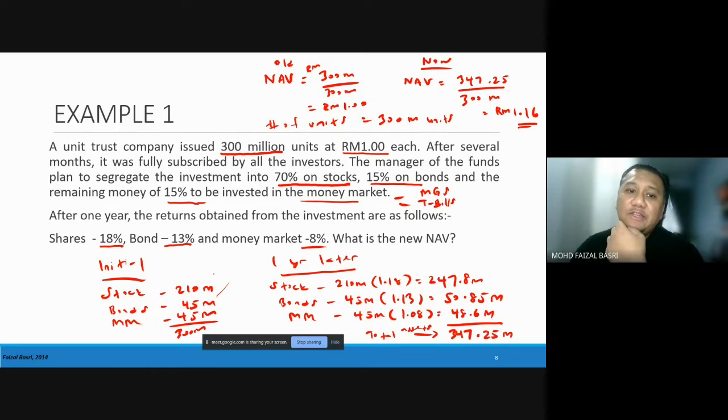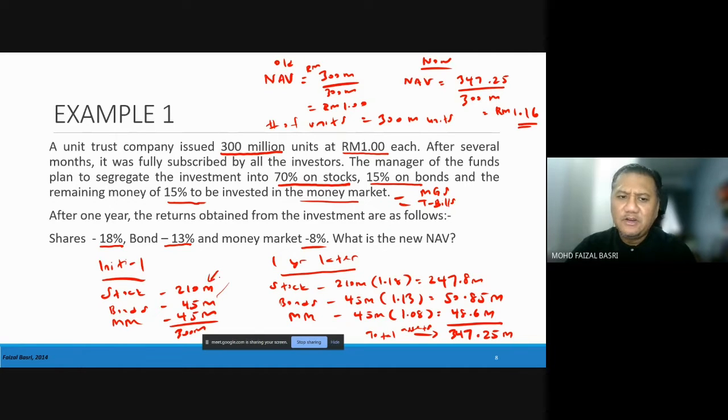Okay, the stock value ni yang 210 ni masa dia beli. Mungkin juga the value of the stocks increase from time to time sebab harga stock berubah kan. Dia invest in blue chip companies yang the price keep on increasing ke contohnya. So the value of the total funds ni akan berubah almost most of the time. Okay, macam kalau di invest in bonds atau money market, selalunya the value akan remain more or less the same.